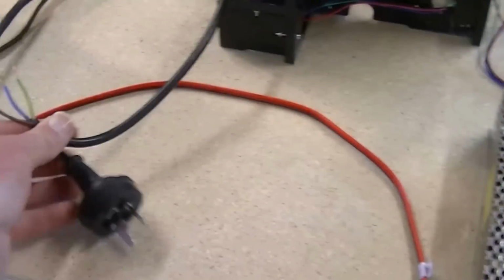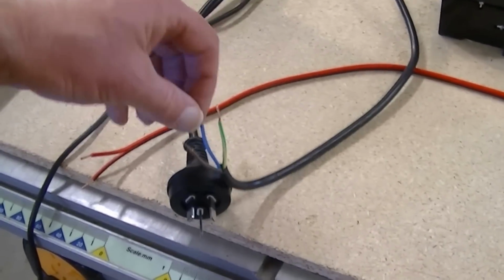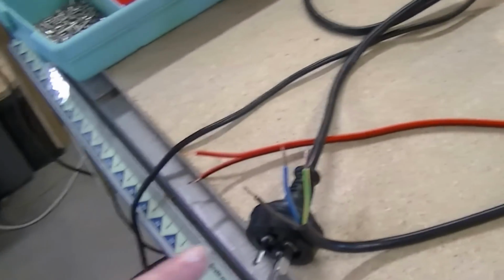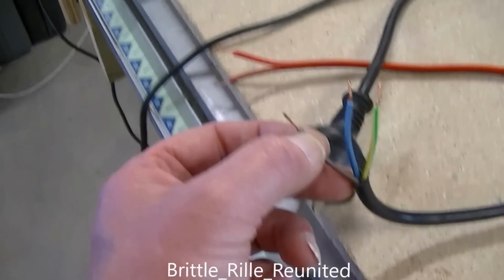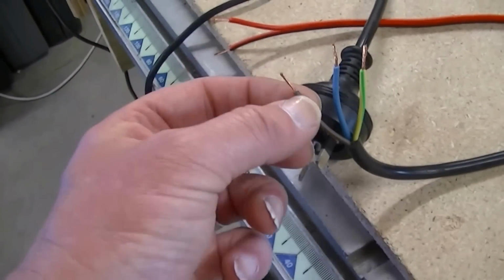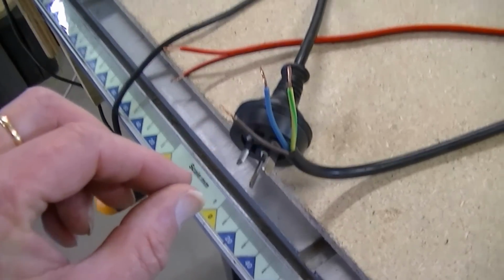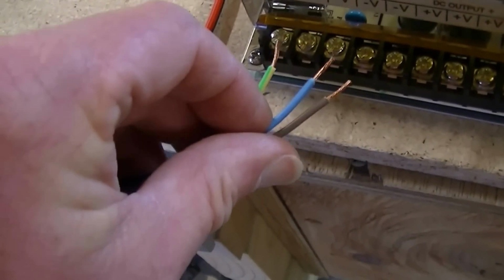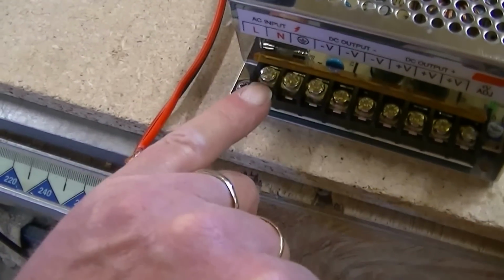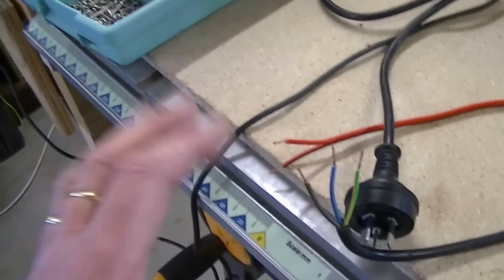So what I've done is, off one of my old computers, I've just cut the plug off it, and what I'm going to do is a process of tinning. Now what that is, you see you've got the fibers of the metal strands there, and you twist them together after peeling the plastic off the outside. You twist them, but a lot of people, including electricians, just put these bare wires into these connection blocks, which is another subject too, and squeeze down on the wire. Well, that's not very good when you're talking about